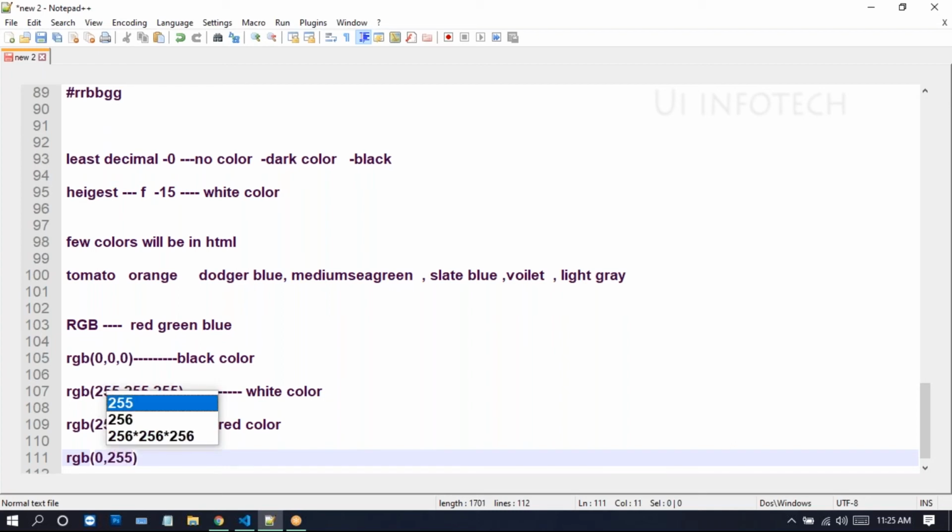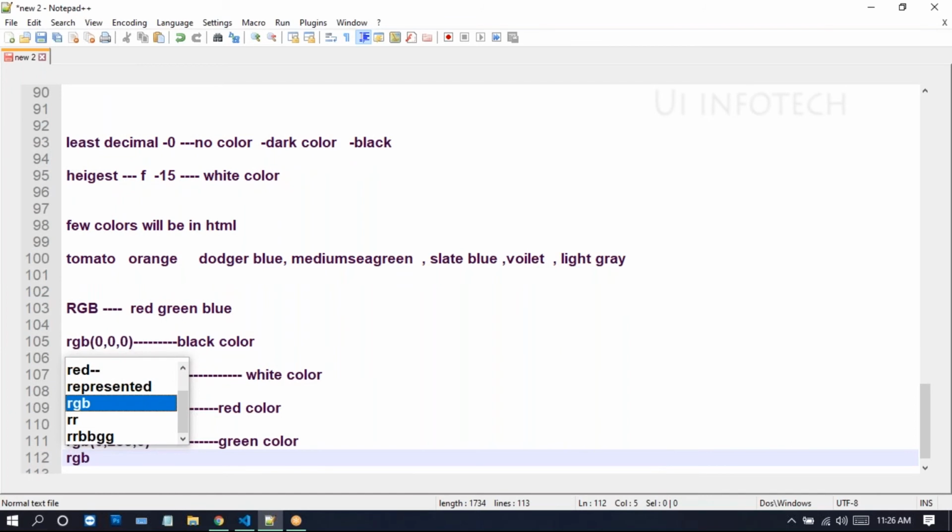Next, red is absent, green is present, so you can give 255, and again blue is absent, so we take 0. This is the indication for green color.